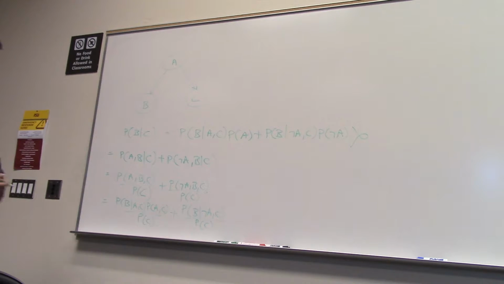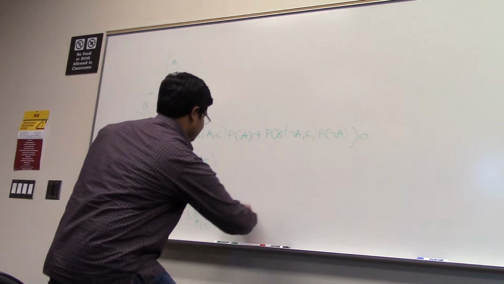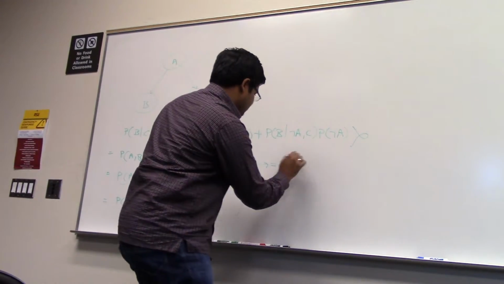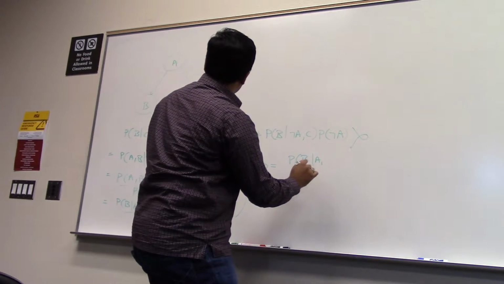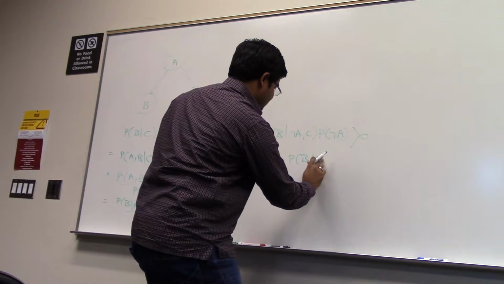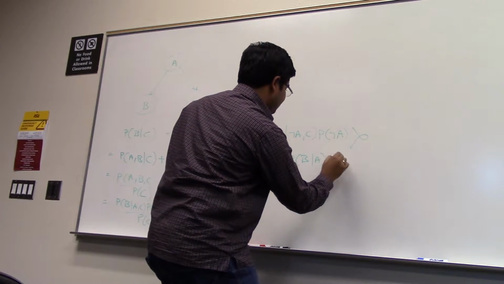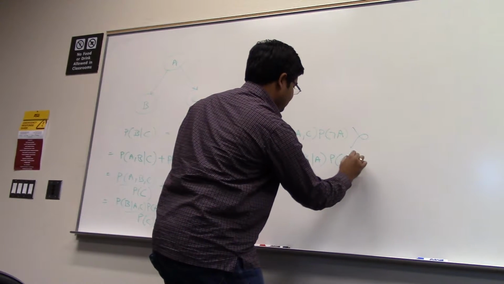So in this you can further write it as P(B given A comma C) is basically... and then this is P(BC given A) multiplied by